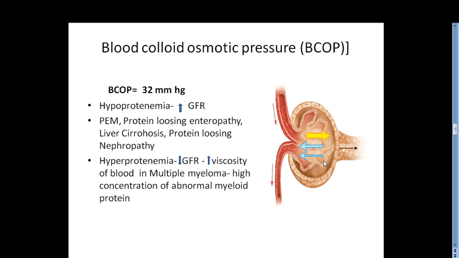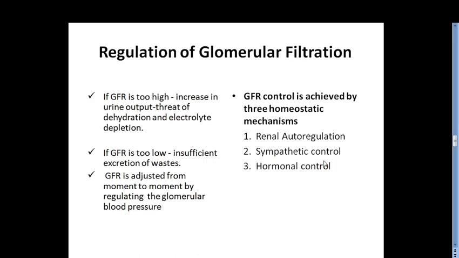And before that was the filtration coefficient. It depends on two factors, the permeability of the membrane as well as its surface area. Now there are different mechanisms to regulate this glomerular filtration rate. Why is it needed? As you know, in our body metabolism is continuously going on, and different metabolites are formed which need to be excreted from the body. At least 500 ml of urine is essential to filter out the different metabolites which are harmful to our body in an average adult person.